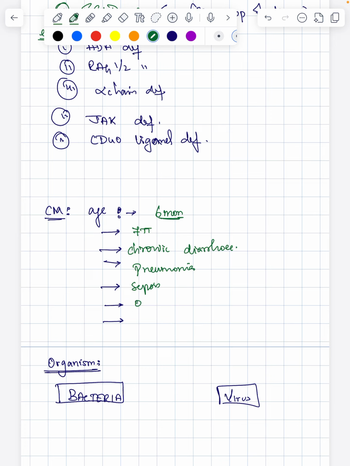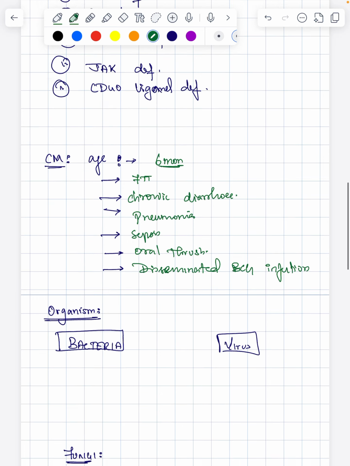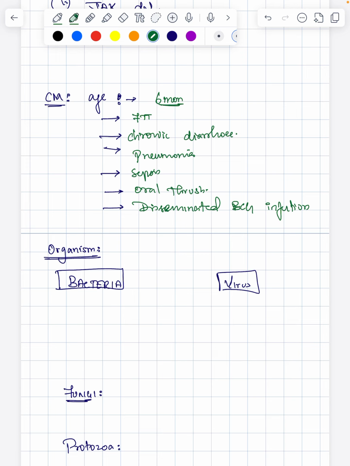The child can also have oral thrush, or a disseminated BCG infection. So these are the pointers we have read first to tell that the child is having a primary immunodeficiency disease. The organisms that can mainly be involved in severe combined immunodeficiency: first, bacterial organisms, Campylobacter jejuni. All pyogenic bacteria can be related to a child with severe combined immunodeficiency, but these are your particular bacteria, that is Campylobacter, and another one is